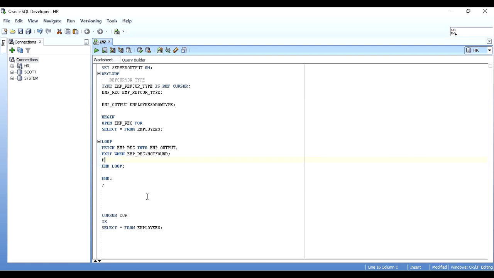Okay, and I'll just do a DBMS_OUTPUT.PUT_LINE. Great. I'll take the output dot employee id, and what else do we need? Let me take just first name, right? Enough, two things. I just want to have an output. Okay, over here it is done. Everything seems okay. So after a begin, after an open and fetch, we need to close the cursor, right? So close the cursor at the end,